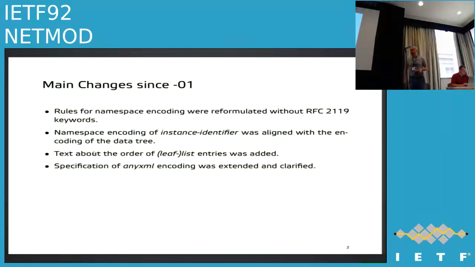was presented in Honolulu, and since then there have been two revisions, 02 and 03, and there haven't been many changes. Actually, maybe the most visible one is a slight change to namespace encoding for instance identifiers. Otherwise, all the changes are mainly clarifications. So, and I will show an example of how the namespace encoding looks like. Other than that, so firstly,